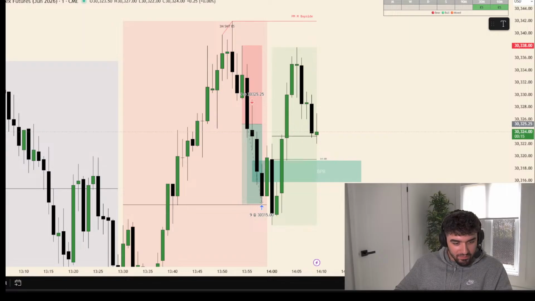For it to be an A plus trade, I need now a break of an internal low, but we didn't get that. But what we did get is a bearish candle, and if we close above that bearish candle, I'll also enter it. I'll put my stop right there, but I'll call it a B minus trade because we didn't get the condition of closing below an internal low.